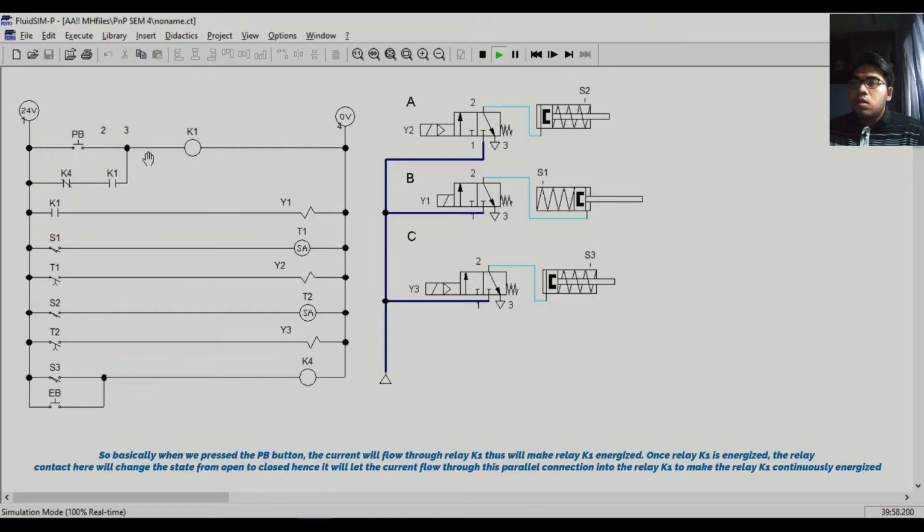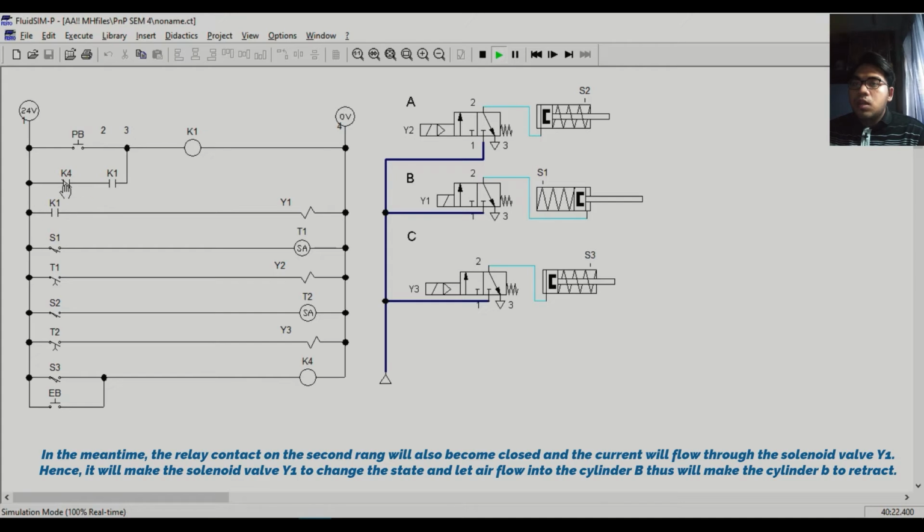So basically when we press the PB button, the current will flow to relay K1, thus making relay K1 energized. Once relay K1 is energized, the relay contact here will change state from open to closed, hence it will let the current flow to the parallel connection into relay K1 to make relay K1 continuously energized. In the meantime, the relay contact of the second rung will also become closed and the current will flow